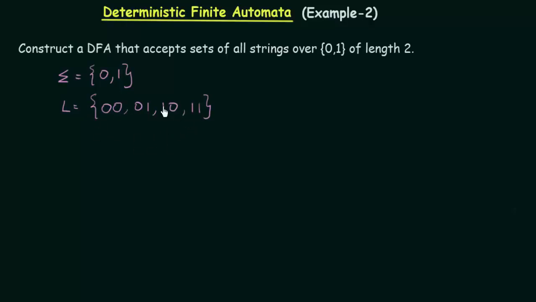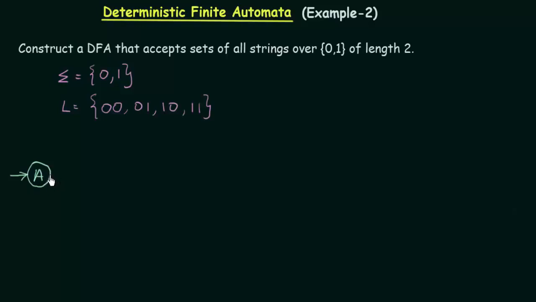These are the only four inputs that should be accepted by the DFA that we are going to construct, and it should reject all other strings. So let's see how we can do this. To start off, we always need an initial state or starting state, and let me call it A. A is my initial state. And how do I indicate that it is the initial state? By this arrow, which comes from nowhere pointing to state A. Now we have to mention what happens if A gets the input 0 or 1.